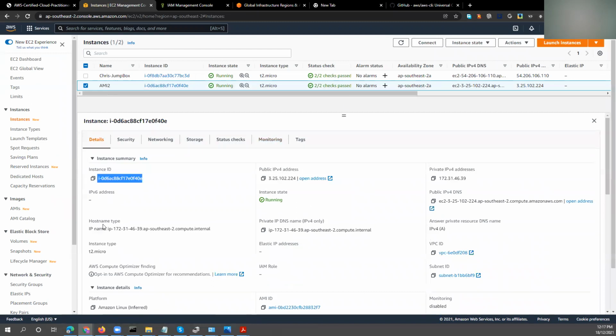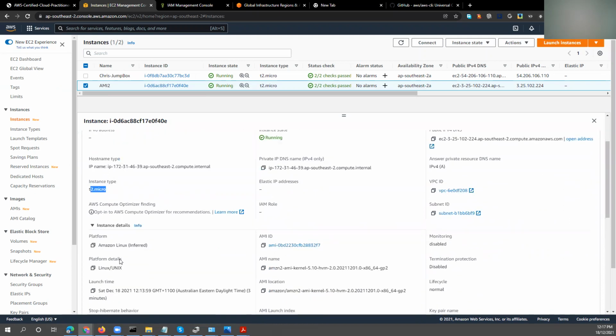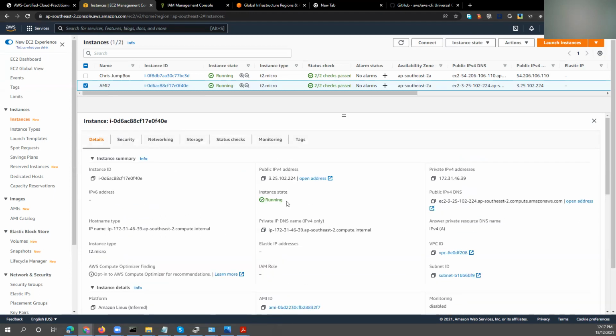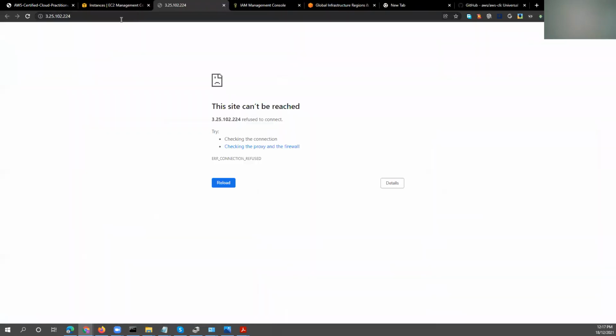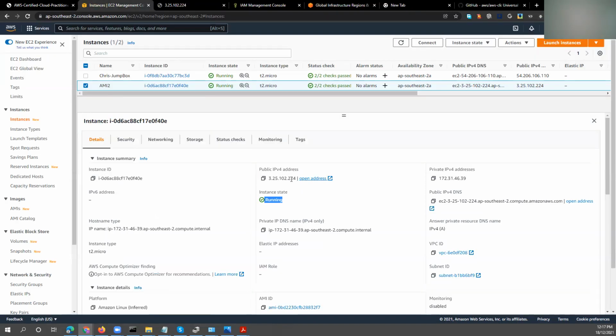IPv6 disabled. Host name, which is somehow the fully qualified domain name. Instance type T2 micro. Operating system Linux, created today. And behavior, currently running. This is the IP address. You can use this one. No, this one is via web. You can see it's not running yet. So, copy the